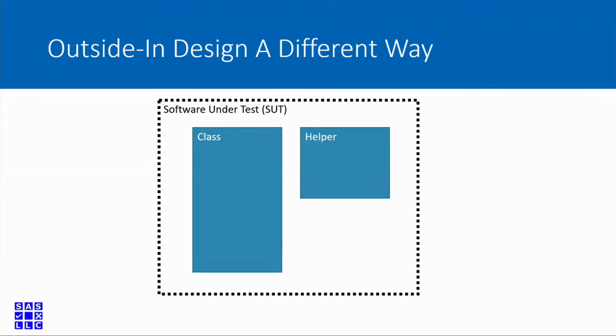And you decide that this class is probably going to have a bunch of functionality related to one thing. And so you're going to put that off in a helper, right? And that helper is kind of part of the software under test, right? Because it's really tied directly to the class. And then maybe you have some other component out here that's maybe like domain specific or maybe like a database.